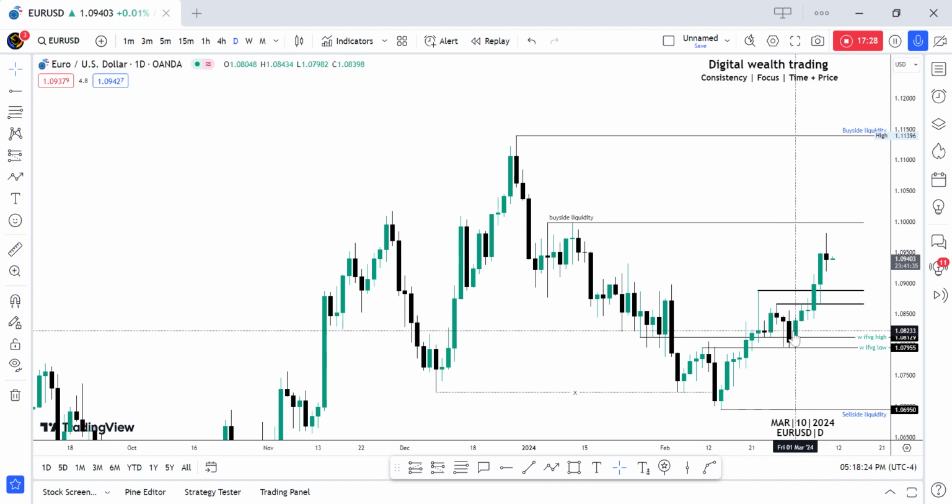You see, Monday did not have any reason to go lower, as there is a Judas swing already in price. If you look at these two consecutive candles, we could see there is a Judas swing. There is an efficient price delivery. We go down, go higher. Imagine having this on a higher time frame. If you see it on a lower time frame, it is very effective. Now imagine seeing this on a higher time frame, which does not give any room for any lower price delivery on euro.